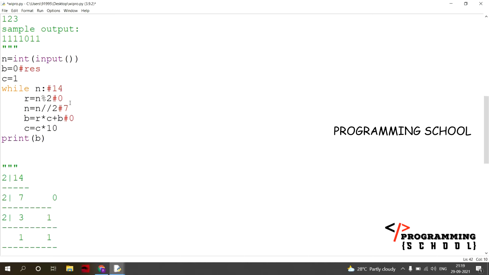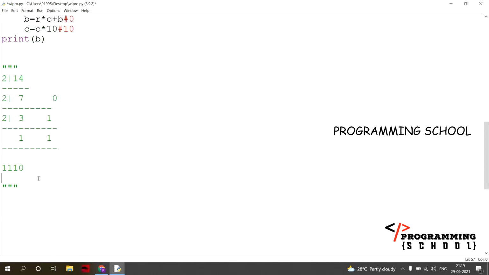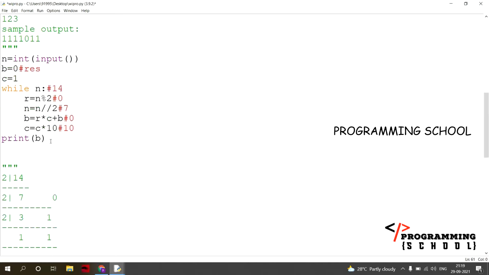Okay. Then in the next step, c becomes incremented. C is equal to c into 10. Then it becomes 10 here, 1 into 10. What is my approach here? For example, I have two numbers, 3 and 2. I want to combine these two values like this: 3 into 10 plus 2. That is going to be 30 plus 2, that is going to be 32. This is my style of writing here. Okay. Here no modifications are done.